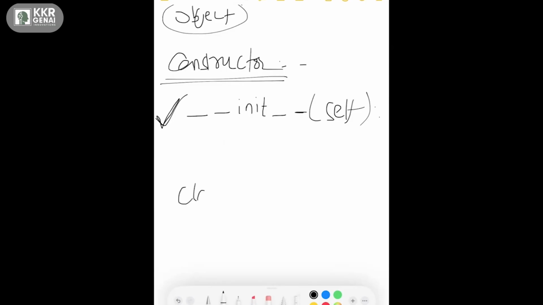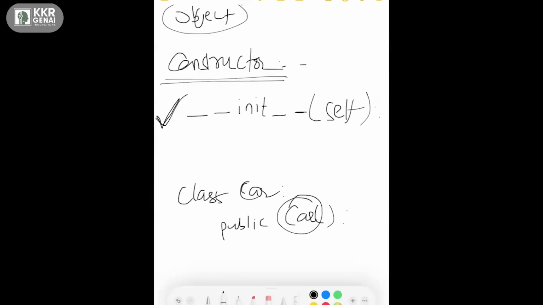Let's say I have a Car class; in Java the class name is the same as the constructor name.